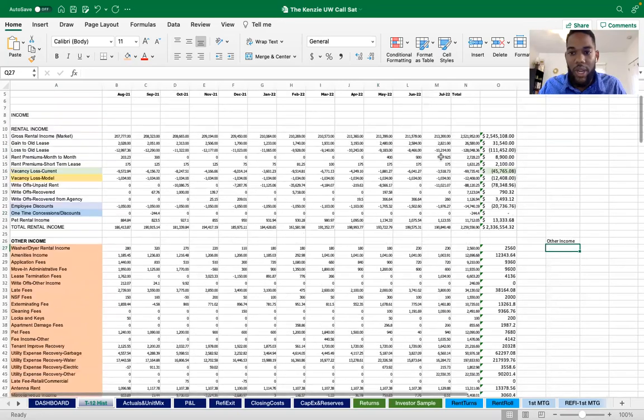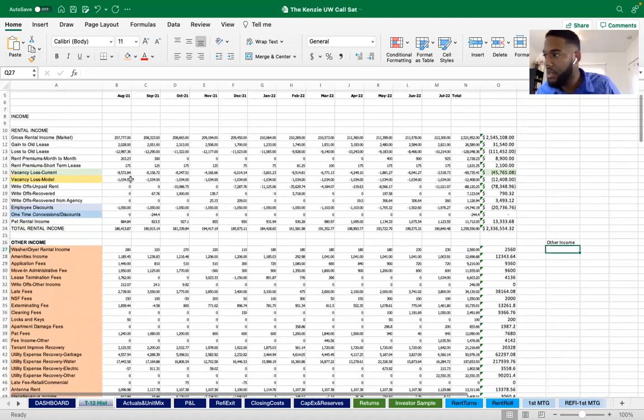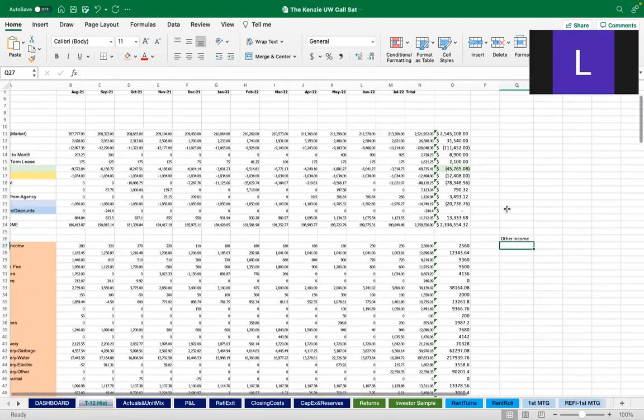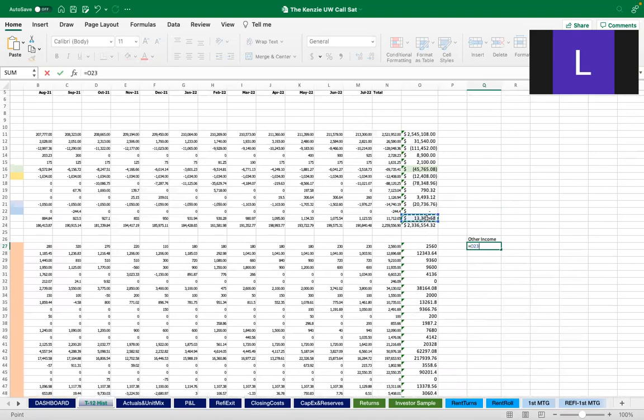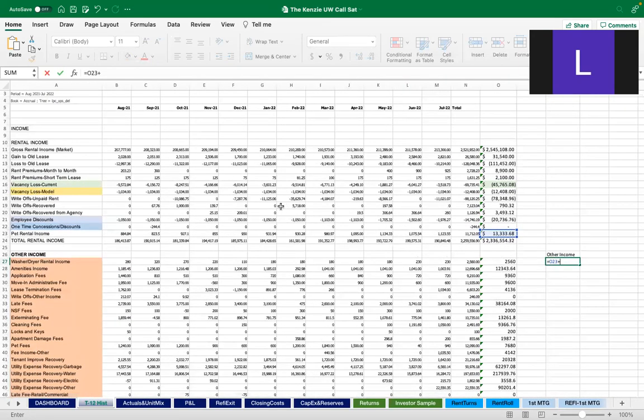All right, guys. Which items here in rental income would y'all consider other income? Which line items? 23, pet. Yeah, 23. How would you treat 19? Is this the write-off that they recovered? So recovered bad debt. Would you consider that other income? And the one from agency, line items 19 and 20. It seems like they had bad debt that they actually got back, so I guess that would be other income.